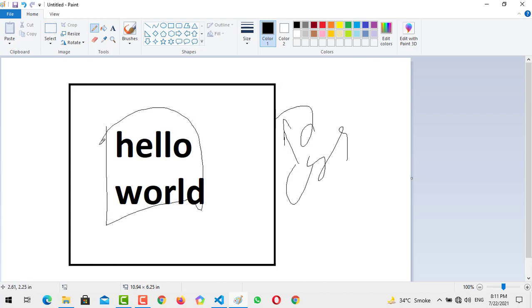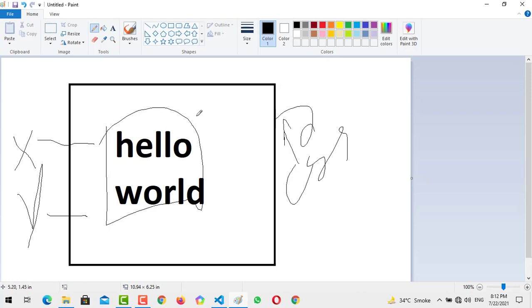Let's suppose the current position of the hello world is parallel to X, but not parallel to Y. What if I want to bring it a little bit downwards?